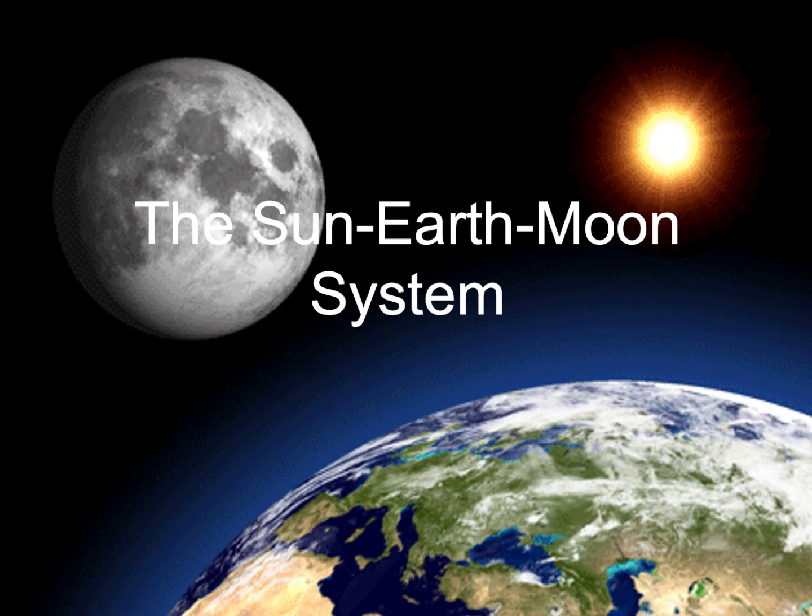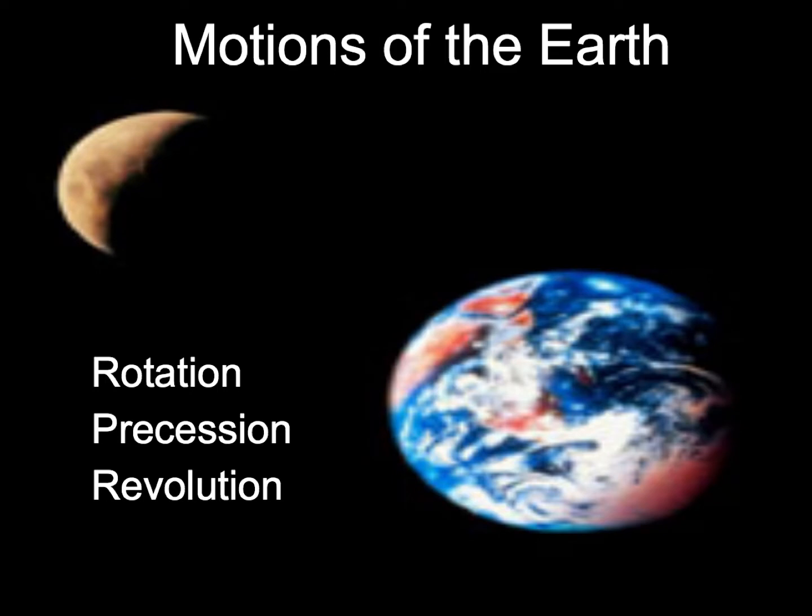In this lecture, we will discuss the sun, the earth, and the moon as a system, how the three bodies interact. We're not yet going to discuss the objects themselves, but we will get into that in the coming weeks. We're first going to look at the three major motions that affect Earth. The first and third ones you're probably very familiar with, but we'll go through the important bits about all three